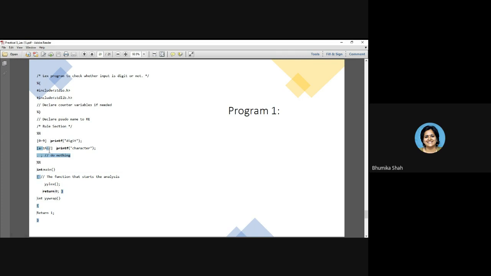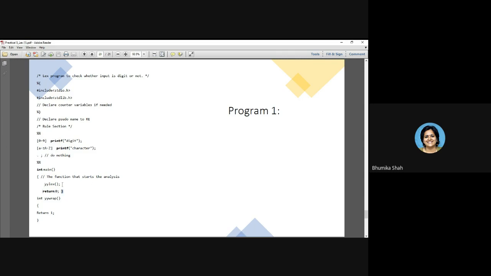So what is Lex going to do? It will keep on generating lexemes and keep on throwing them into this section to see whether they match an RE or not. And whatever RE is matched, the appropriate action will be executed. Suppose you have entered dollar, then it won't satisfy this, it won't satisfy this also, and finally it will satisfy dot. So what should be done? Do nothing, so nothing will be printed. It will keep doing that until you give escape. In that case, it will come to know it is the end of the file, and hence it will stop execution. Okay, so this is how this program is going to work.